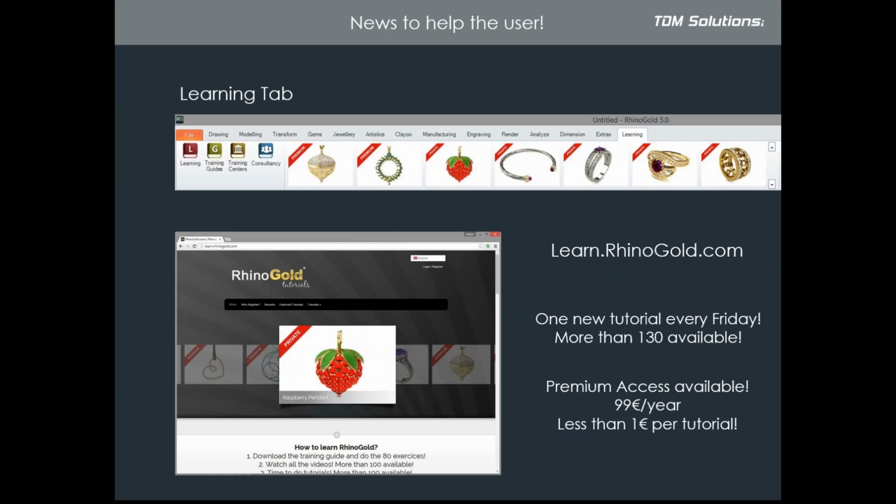And also we add a new tab, is the learning tab. Here you have a direct access to all the learning materials. Okay, the training guides, the training centers, consultancy, and also you have the latest, I think the 50 latest tutorials that we publish, okay, in our website. We have a lot of users in this website. It's called